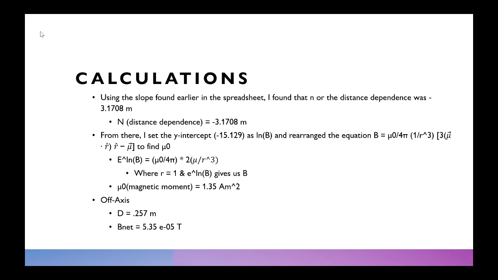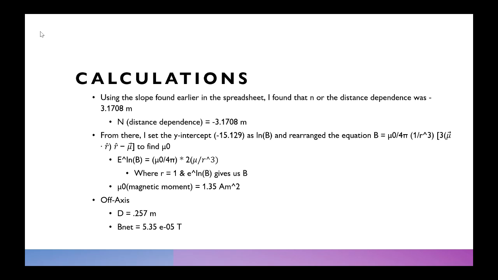For our calculations, I used the slope found earlier in the spreadsheet and found that n, or the distance dependence, was negative 3.1708 meters. From there, I set the y-intercept, which was negative 15.129, as the log of b and rearranged the Biot-Savart law equation to find mu naught. From there, I found e to the natural log of b and set that equal to the constant mu naught over 4 pi times 2 times mu over r cubed, where r equals 1 and e to the log of b just gives us b, and from there found that the magnetic moment mu naught was 1.35 amps meters